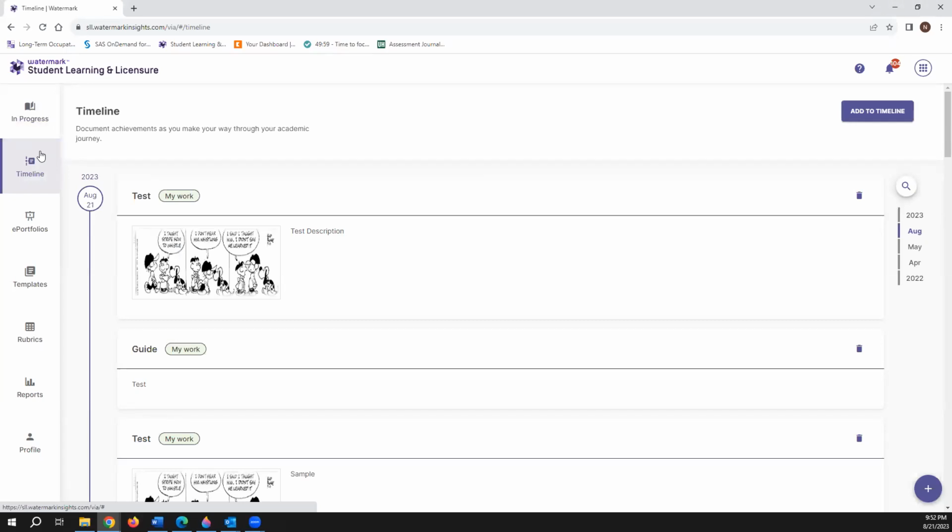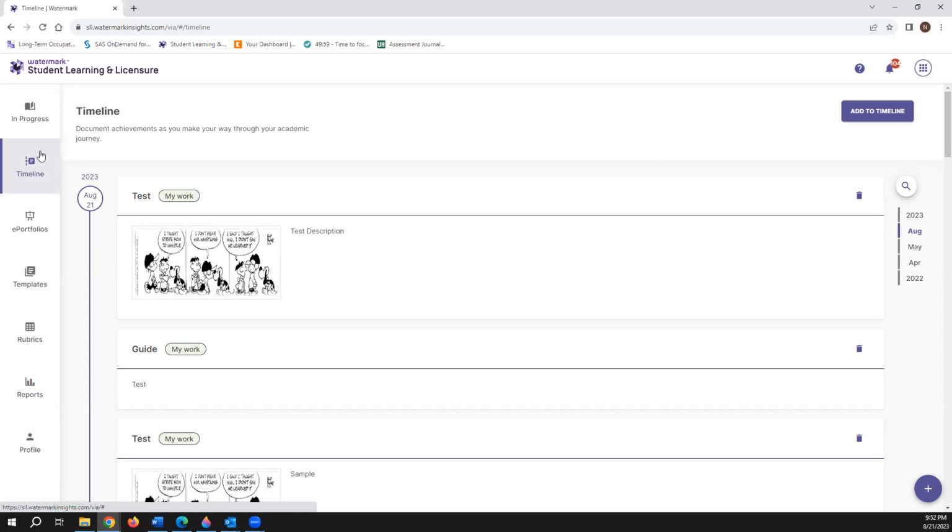Timeline provides a place for documenting student assignments. When student work is evaluated, the assignment is automatically added to a student's timeline. Students can also post other work, achievements, and events to the timeline, which will store and display them in chronological order. The timeline is private. However, timeline entries can also be included in e-portfolios for sharing with specific people or with the public if the